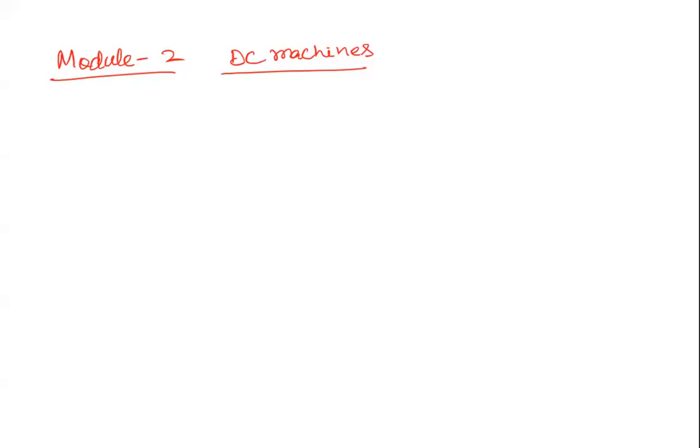The title is DC machines, right? So in DC machines, the first topic. Can anybody tell the first topic? What is the first topic? First topic is constructional features. Okay. So constructional features. Before going to the details of the constructional features, I would like to explain to you